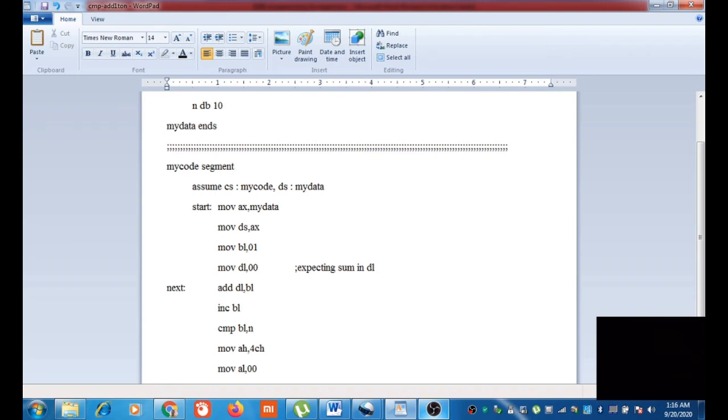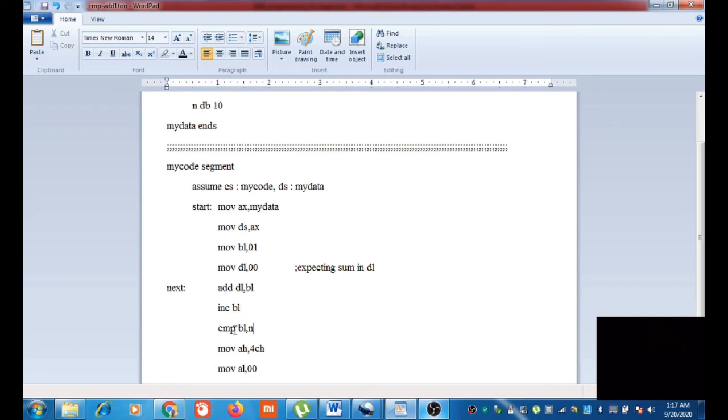And there are many jump instructions. If BL didn't reach n, we have to add that value to BL and again increment BL. Again we will compare BL against n. If BL is less than or equal to n, or it didn't reach n, we will add that value and again increment BL. That way it moves.